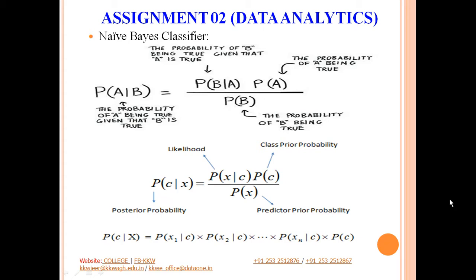Now in this case, P of A given B and P of B given A are called conditional probabilities because of this oblique. It is not a pure probability; it says probability of A when B is given. Similarly, this says probability of B when A is given, that is why it is called conditional probability. Similarly, P of A and P of B are called marginal probabilities. So that is one aspect of looking at it.